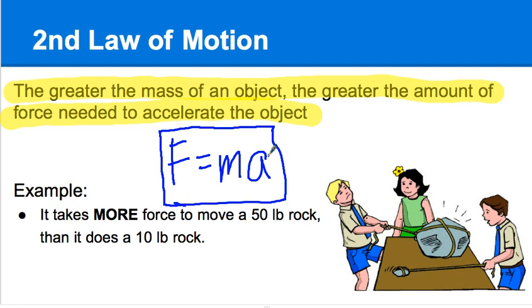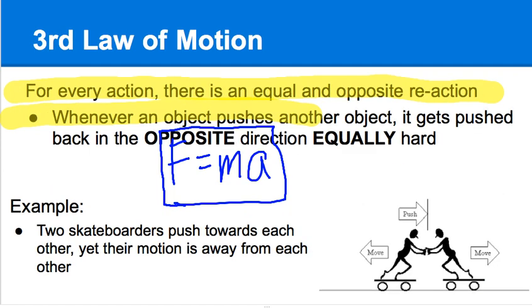So he was a mathematician at the same time as a philosopher or a physicist, and he came up with this. I'm not going to expect you to know this, but I just want you to know that, yes, this is a pretty obvious law of motion, but he came up with this equation. Okay? All right. And then the third law of motion that he came up with was